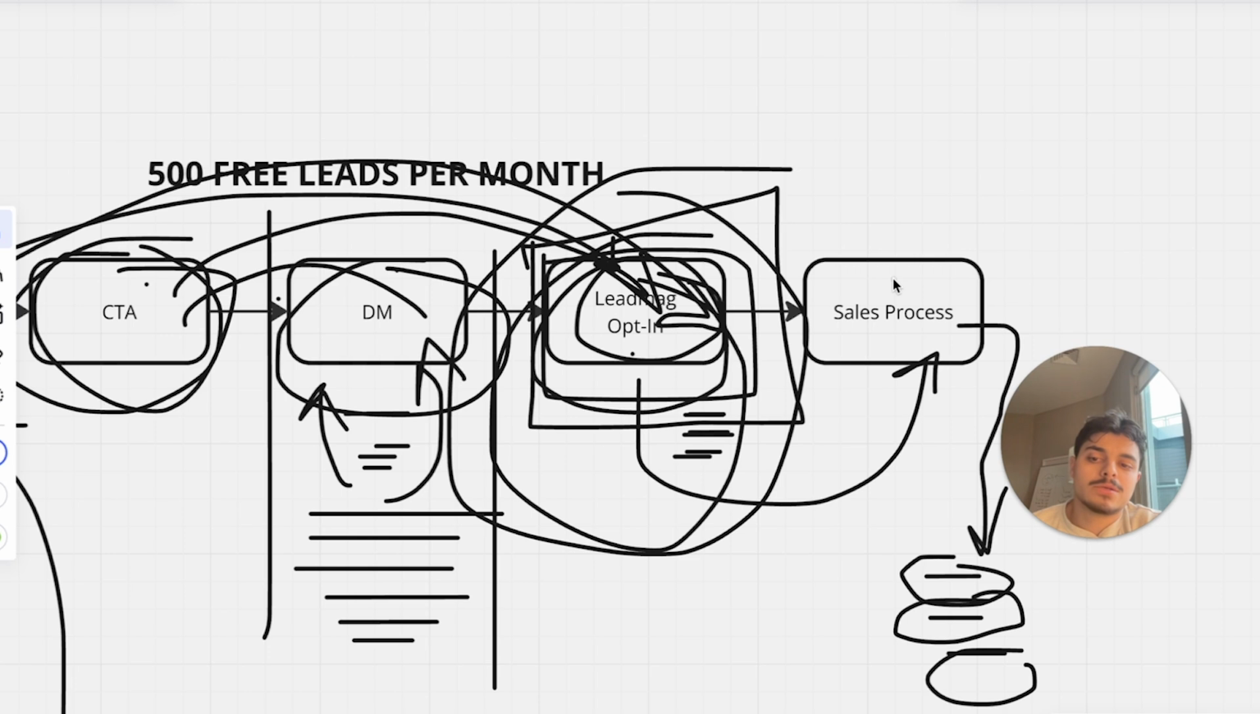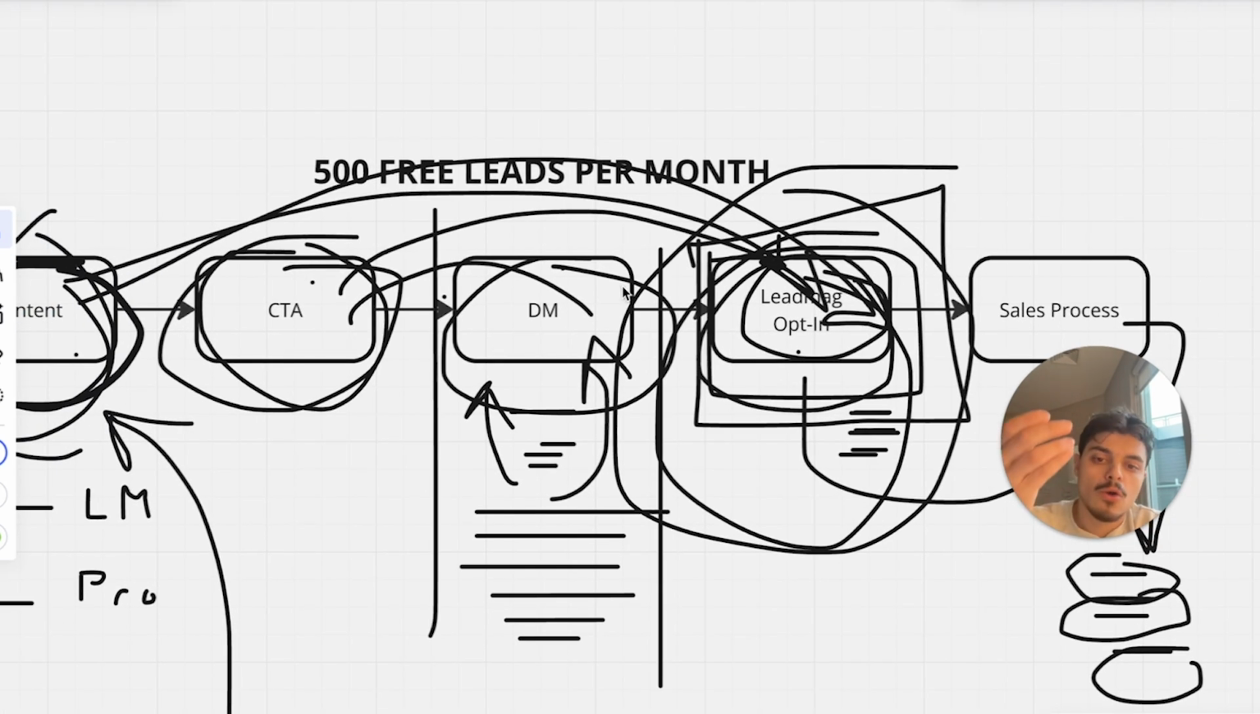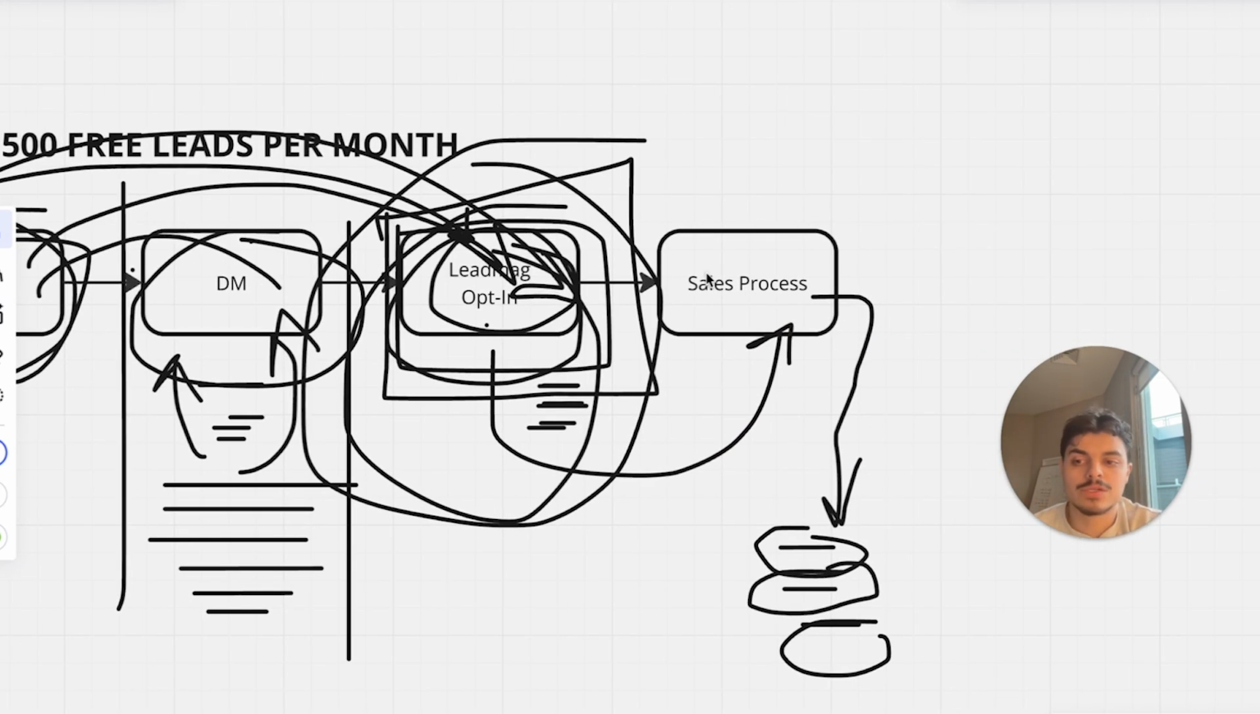Start posting content, run your CTAs, and you're going to get a lot of leads if you do this the right way. I'm going to come out with a video soon on how to write and make a lead magnet the right way. So if you're looking for more help on all these things, such as running good CTAs, running good DMs, making good lead magnets, and the sales process in general,